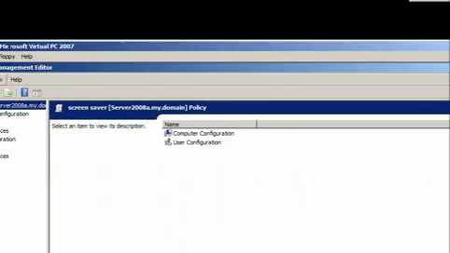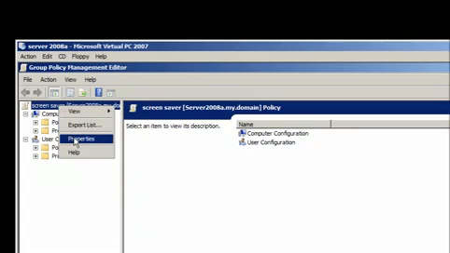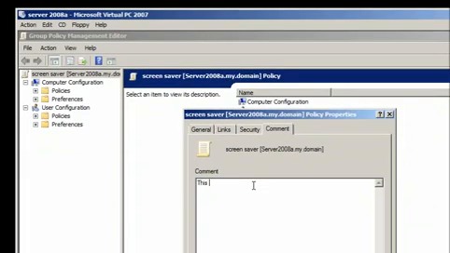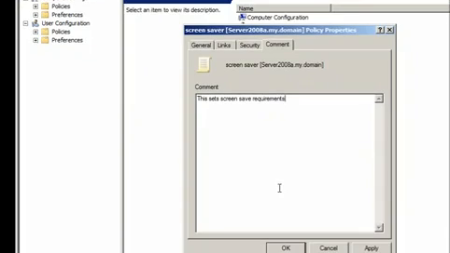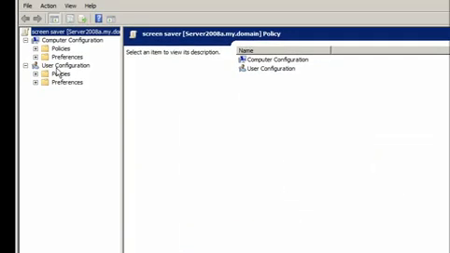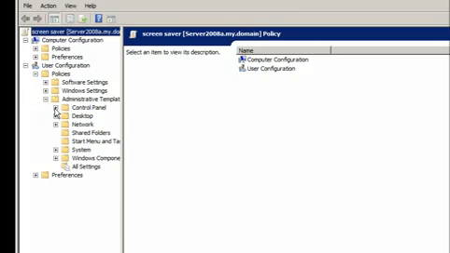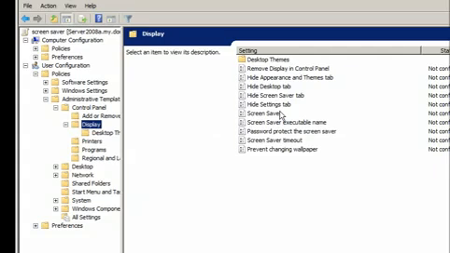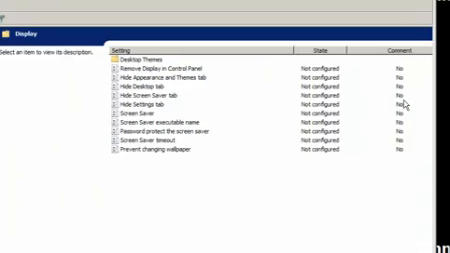Now there's a couple of features here you should know about. You can right click on the root of it, go to Properties, and leave a comment saying this sets Screensaver requirements. Okay, so I want you to go to User Configuration, Policies, Admin Templates, Control Panel, Display, and then over here on the right side you can see Settings, and all of them say